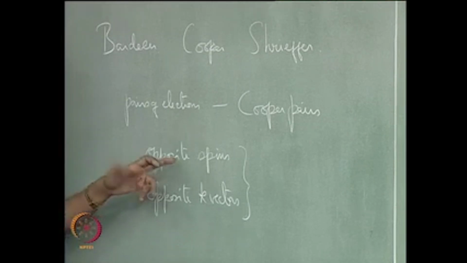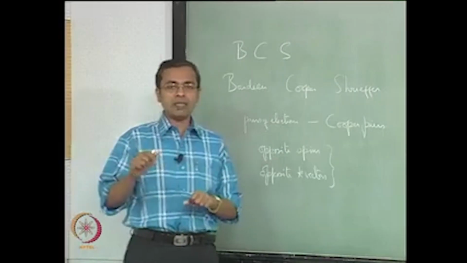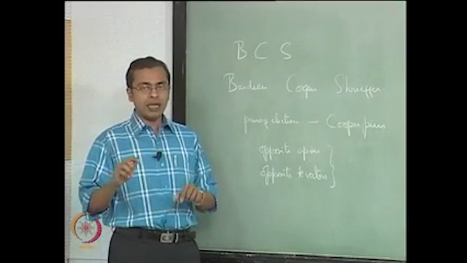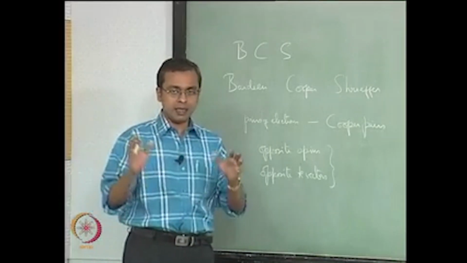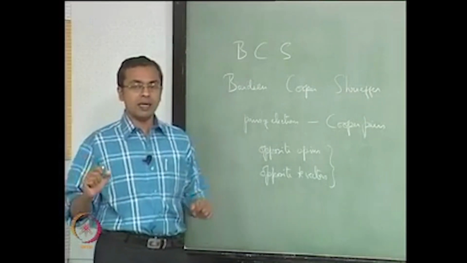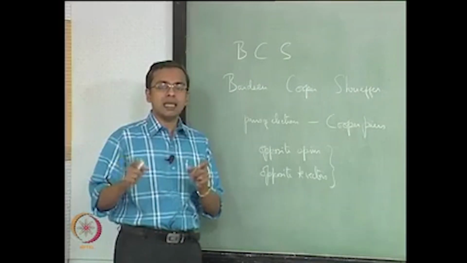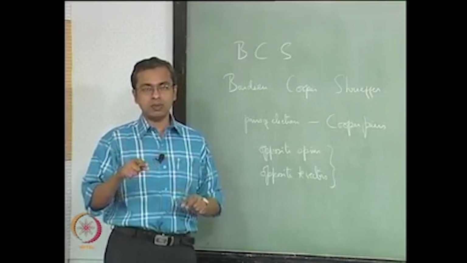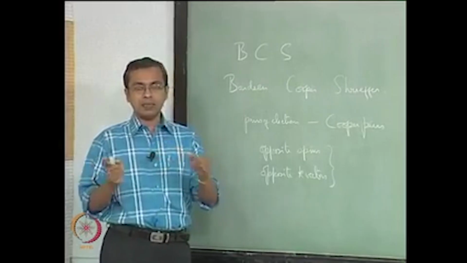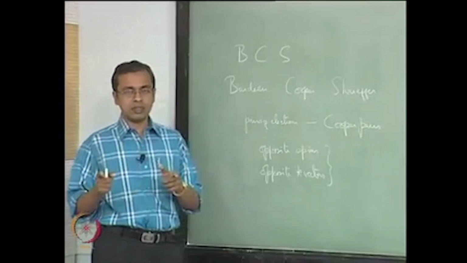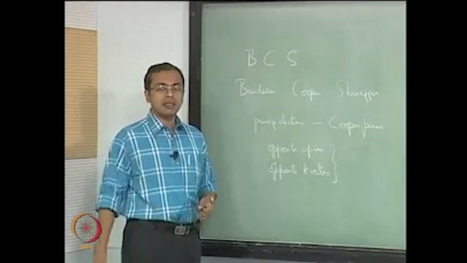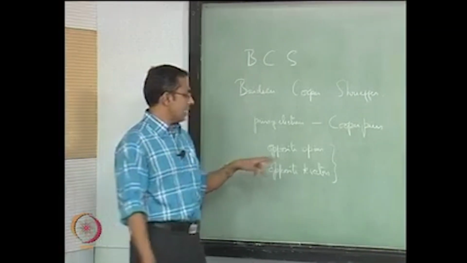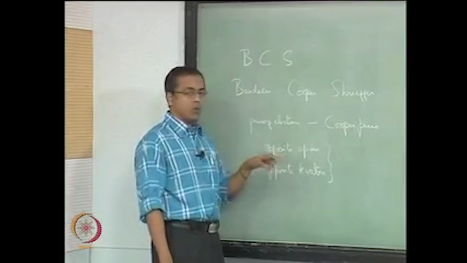Okay, so suddenly from an electron which is a half integer spin particle, we have some kind of a composite particle. You can imagine it as a composite particle operating as this pair, where taken together their net spin is now an integer spin. So what was a half integer spin suddenly becomes an integer spin. Okay, so what was plus or minus half becomes 0. The important thing about this is that